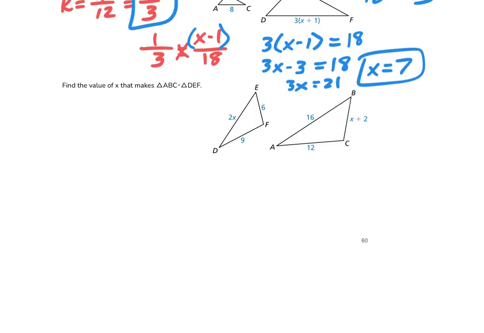Okay, on something like this, the reason why we got to really be careful about what we match up, just to show you why sometimes you may set something up and it may not work out very well. If I tried to match up AB to DE, I could say 16 over 2x. AB goes to DE. Okay, but if I then choose to go BC to EF,